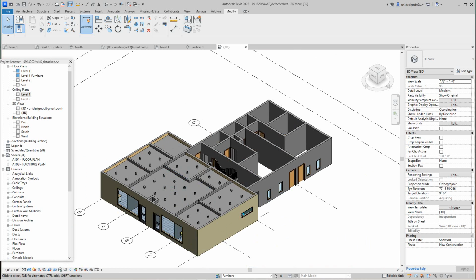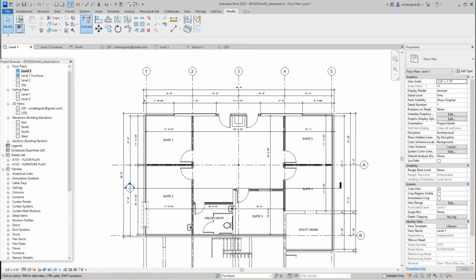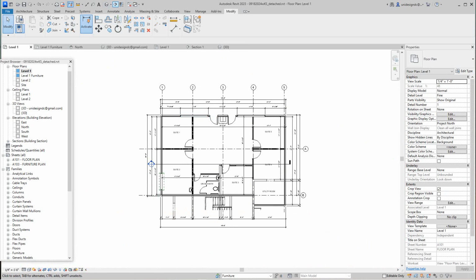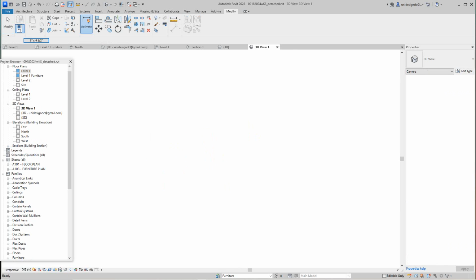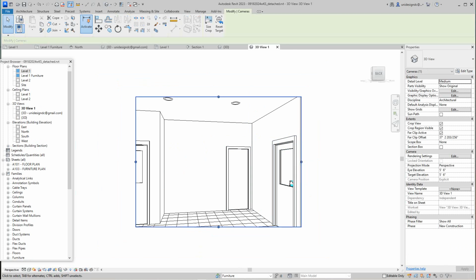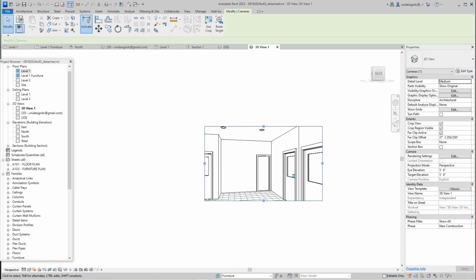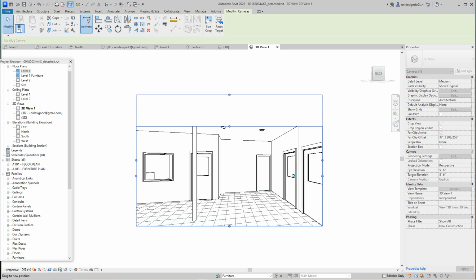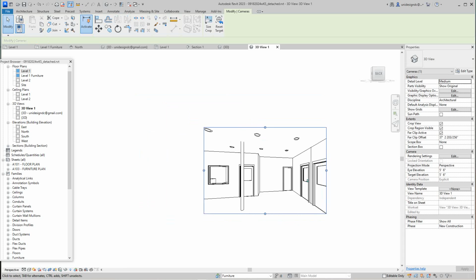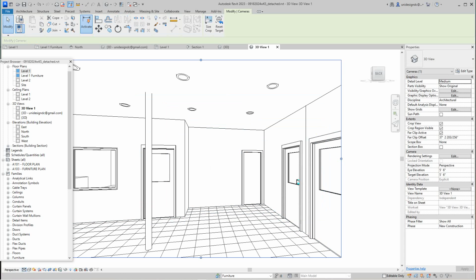So let's go look in this floor plan view, level 1. And let's just do a screenshot or an image of this floor layout and see how it's coming along. So I'm going to do a camera right here, just from the entry and look that way. Okay, and then we can adjust these guys. So anyway, folks, I just wanted to show you how to get the lights going. I'm going to finish this up. Yeah, so we got our recessed lights and everything going there, and we'll put this in fine view,